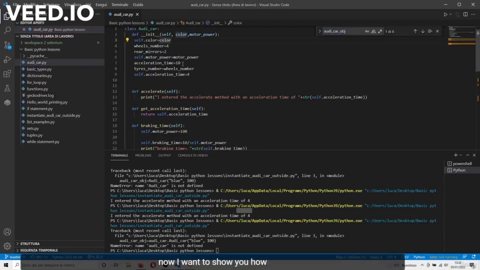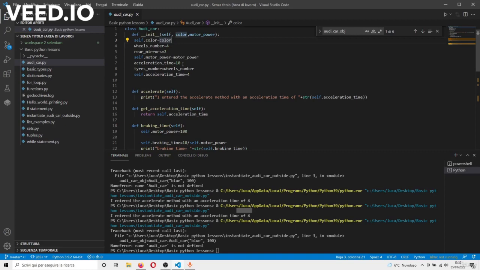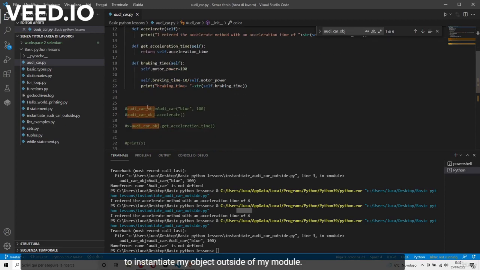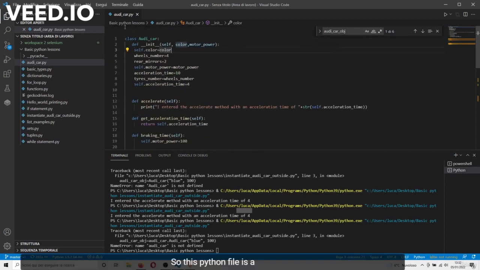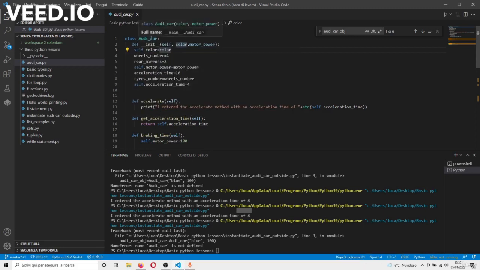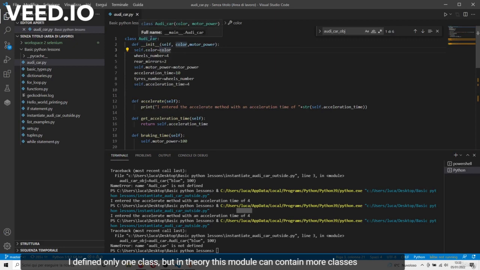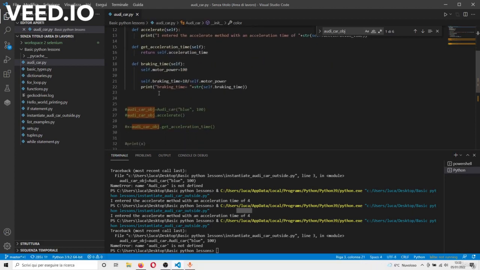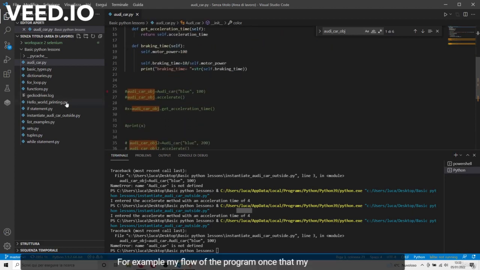Hello guys, so now I want to show you how to instantiate my object outside of my module. So this Python file is a module that can contain more classes. I defined only one class, but in theory this module can contain more classes. So, for example, my flow of the program wants that